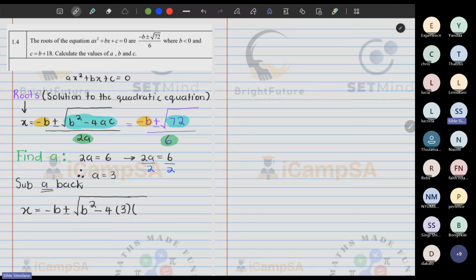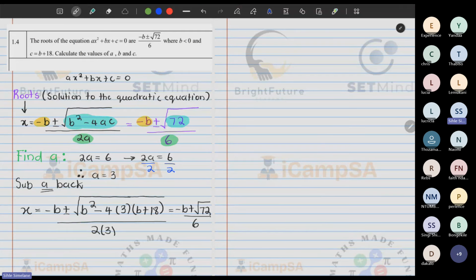So let's think carefully. They told us that c is b plus 18. So let's write c as b plus 18, all divided by 2 times a, which is 3. This will be negative b plus or minus the square root of 72